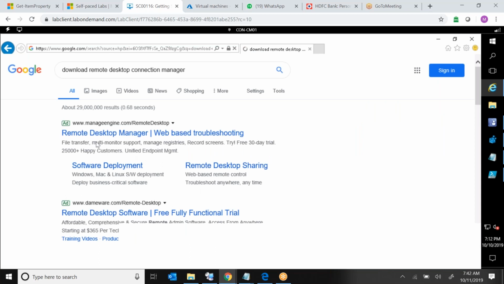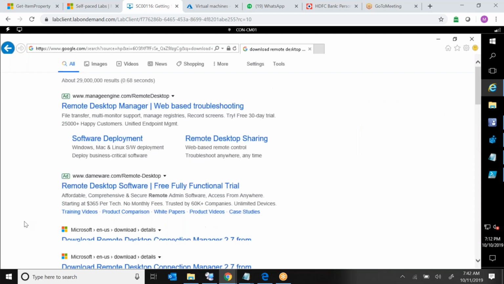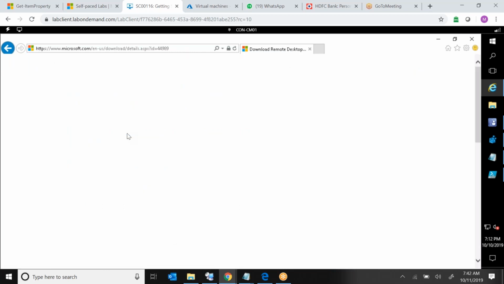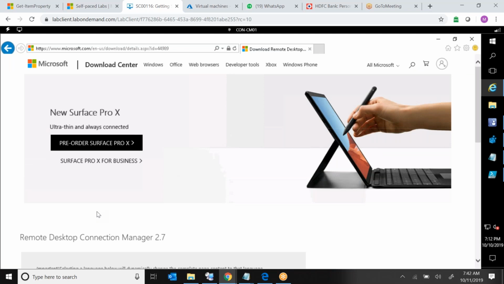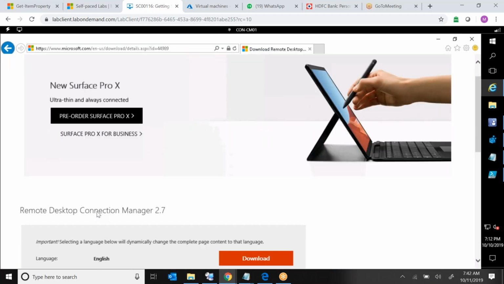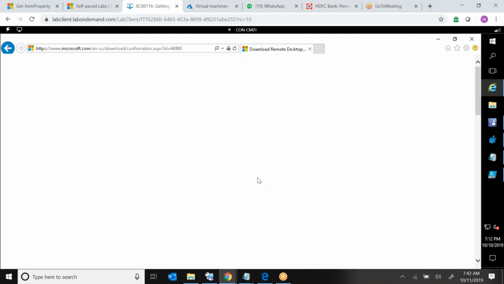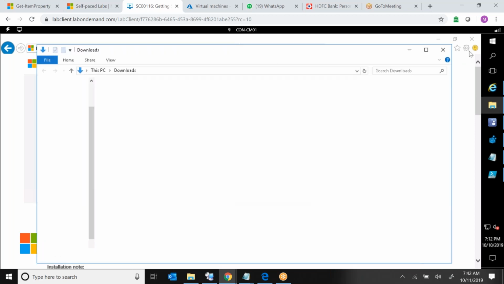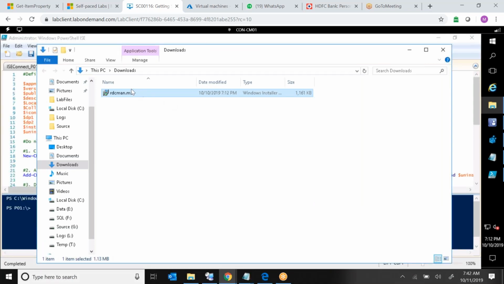And I'll go down and choose this one, download Remote Desktop Connection Manager 2.7, and click on this download, and then I'm gonna save this. And open folder. So this is the application which we just downloaded. I'm gonna copy this